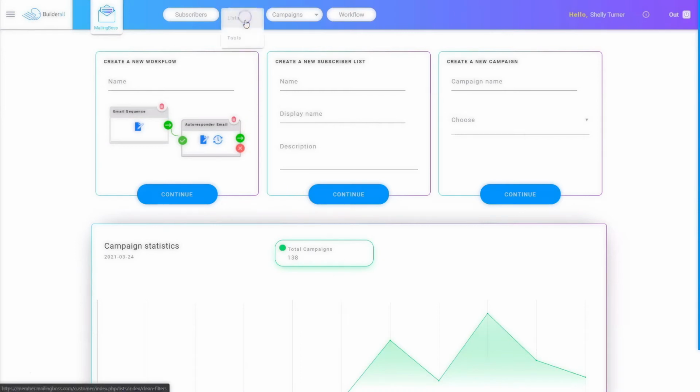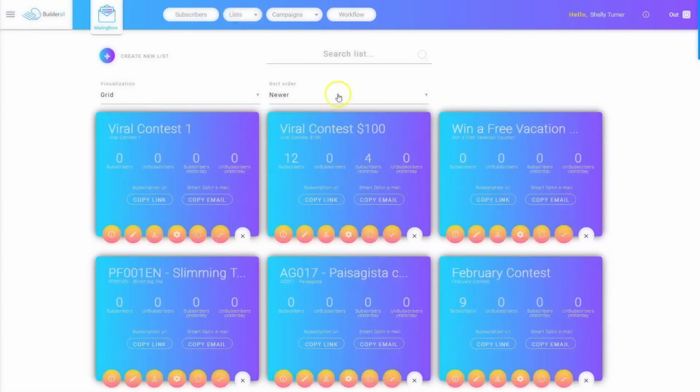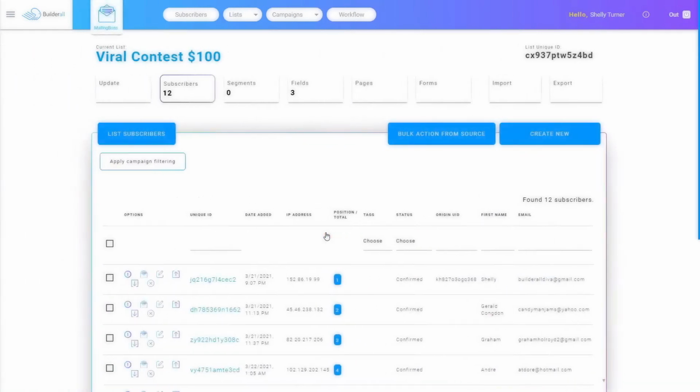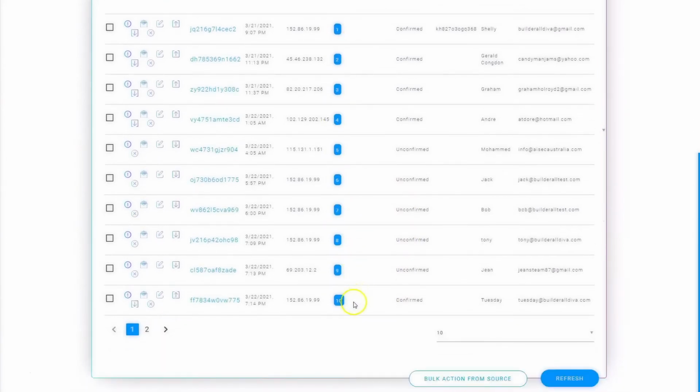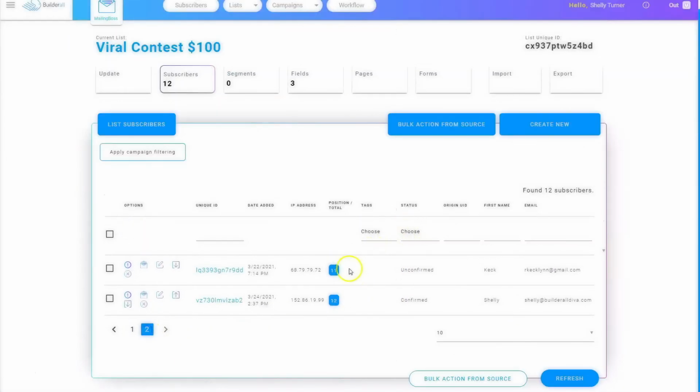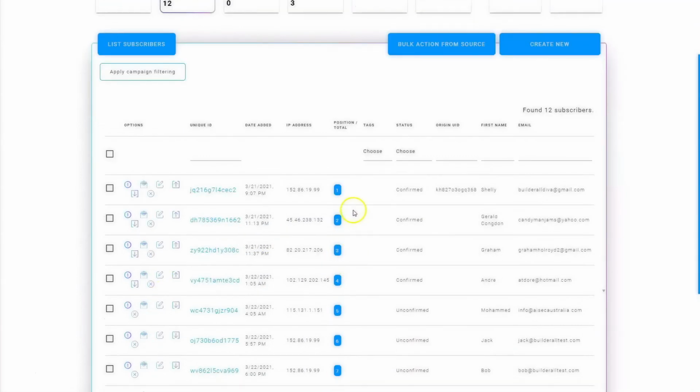So if I go to Lists, and then I look here at Viral Contest, and I'm going to look at my subscribers. So right here, this little icon that looks like a little person, I'm going to click that to take a look at my subscribers. And what you'll see is the individuals that are ranked. And if they've had any referrals, they'll actually have a number next to them. And none of these have had referrals yet, but they'll have the number of referrals that they've made so far. And of course, the ranking will show you who's leading.